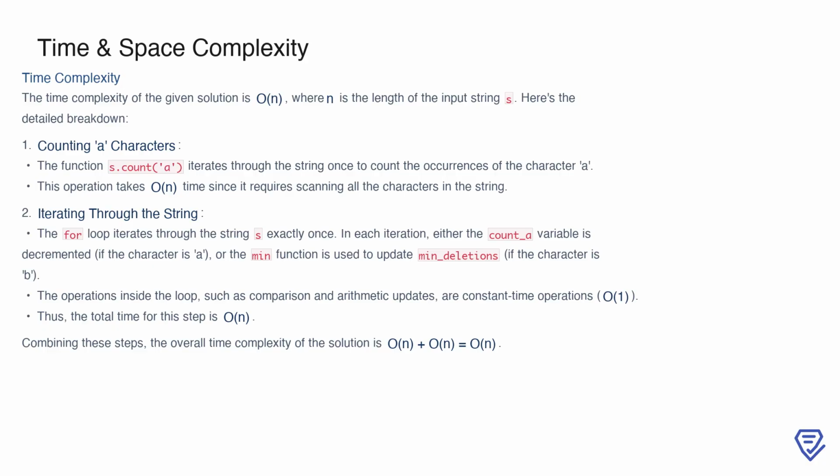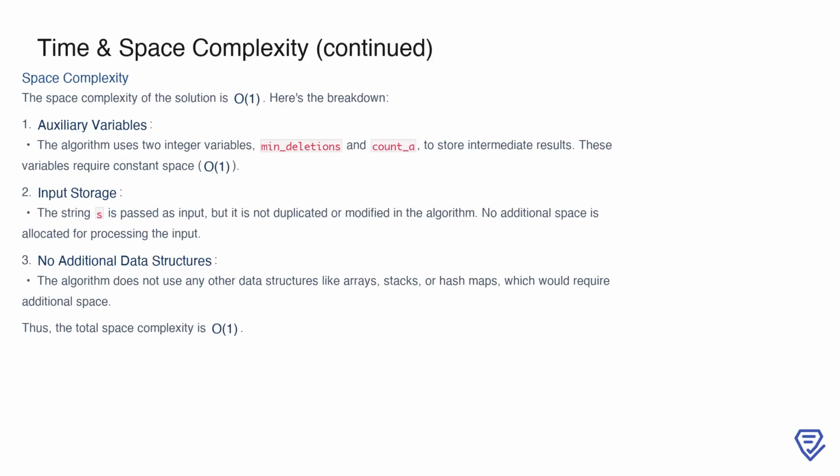the min function if the character is b. These operations inside the loop, such as comparisons or updating variables, are constant time operations, or O(1). Because the loop iterates through the string exactly once, this step also has a time complexity of O(n). When we combine these two steps, the total time complexity of the solution is O(n) plus O(n), which simplifies to O(n). The space complexity of the solution is O(1), meaning it uses constant space regardless of the size of the